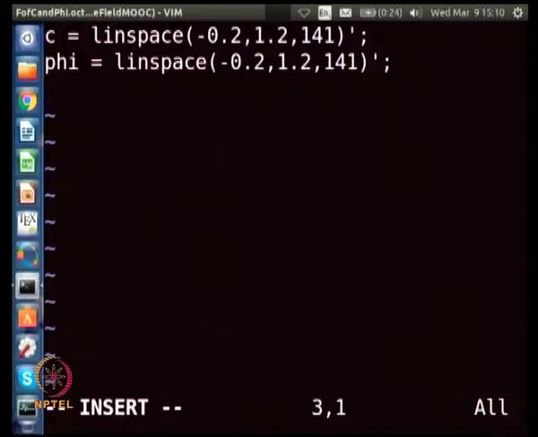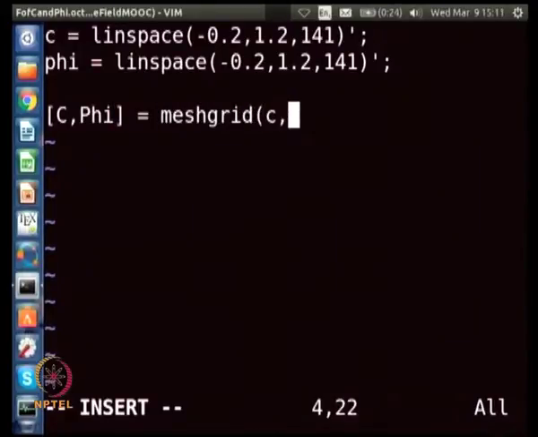Okay. So, I want to now, because the f of c comma phi is going to be a surface, there are two variables c and phi and then the function value. So, it is going to be a surface. So, to plot that we need the mesh grid. So, I am going to define c comma phi as the mesh grid of c comma phi. Okay. Now, we need to define the f which should be a function of c and phi,